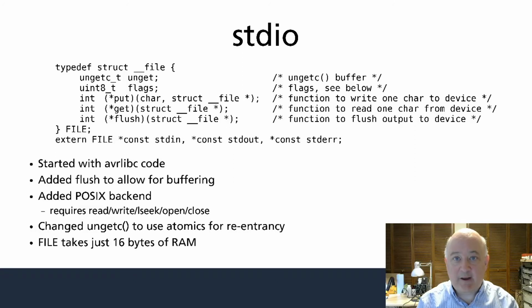Picolibc inherits its standard I/O from AVR Libc. This code uses a small in-RAM struct to hold per file state. Picolibc's standard I/O is built on two primitive operations, get a character and put a character. Any file struct includes pointers to functions which do just that. This means that implementing I/O for another system involves implementing just these two functions, not a large set of POSIX